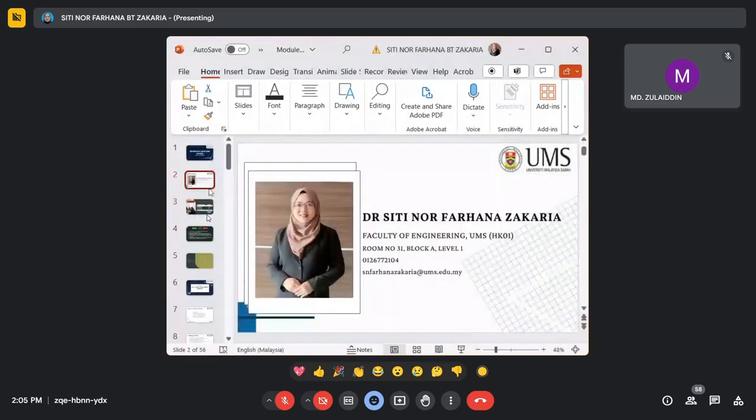Before that, this is my phone number and email. This email you need to remember and take note because kalau you absent, you need to email to me your MC letter or absent letter. If not, I will consider you as absent. And this is my phone number. If you have any question related with DE, differential equation, you can ask me or text me, okay?